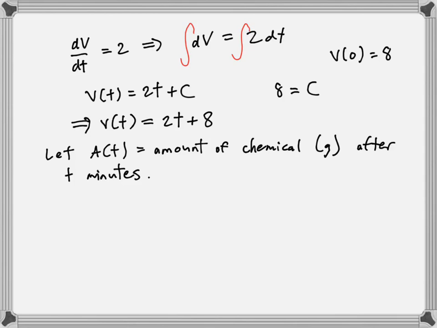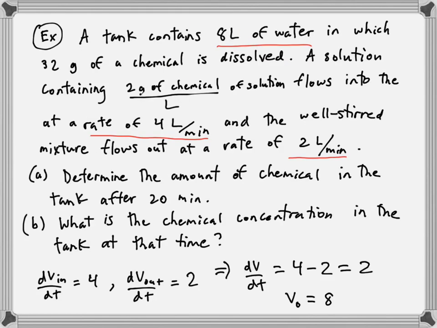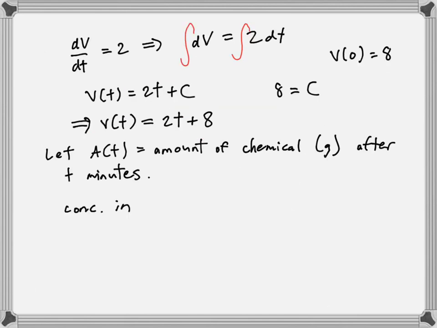Okay, so what is the concentration coming in? The problem did say that... let's go back and look. This is our concentration coming in, right? It says that 2 grams of chemical per liter is flowing in. So let's write that down. Concentration coming in is just 2. Everything's in grams, liters, and minutes in this problem, okay? So this is 2. And so,